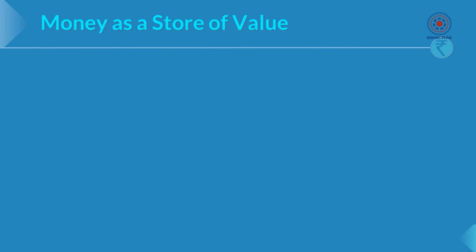The fourth important function of money is money as a store of value. In a money using economy, payments to land, labor, capital and entrepreneur are paid in the form of money. Wages, salaries, rent, interest and profits are money payments received discontinuously. These payments can be spent immediately or in the future.